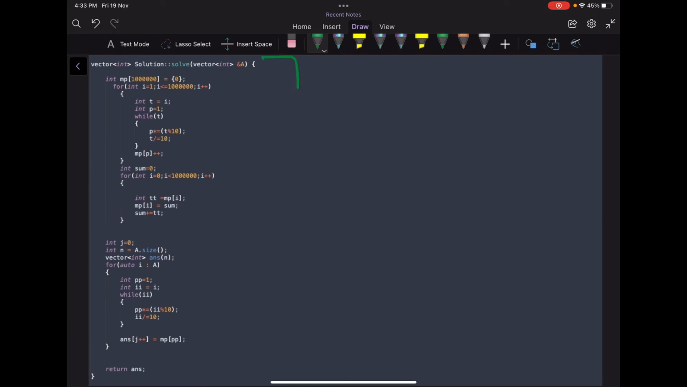Okay, so this is the function solve, right? In the beginning, I have this array MP. I've initialized it with 0, right? And then I iterate from 1 to 10 to the power 6. For each number, I find the product value for that number, and then I just increase the count of that product value by 1, MP of P plus plus, right? And then I iterate in that array from 0 to 10 to the power 6, and I just calculate prefix